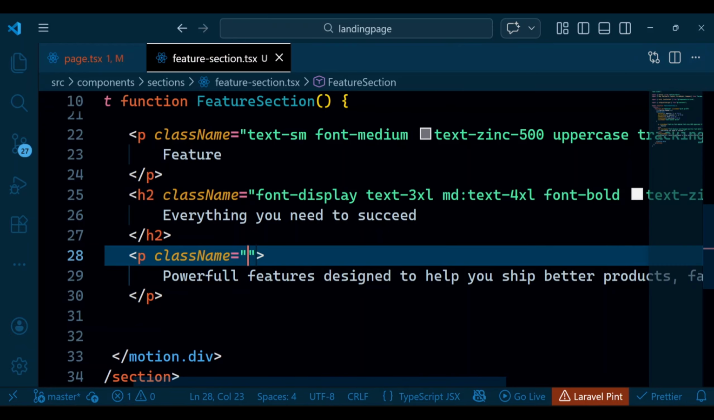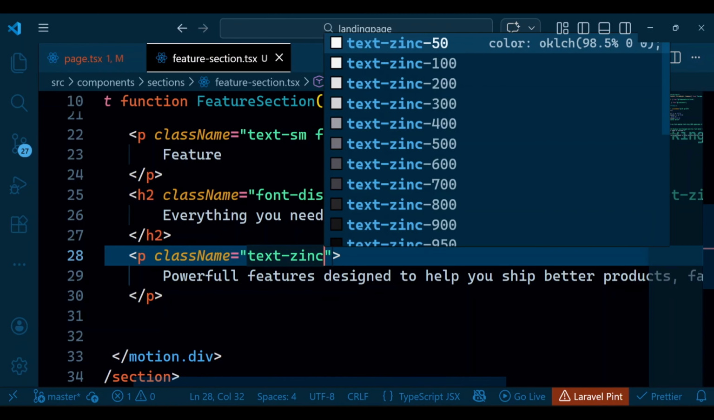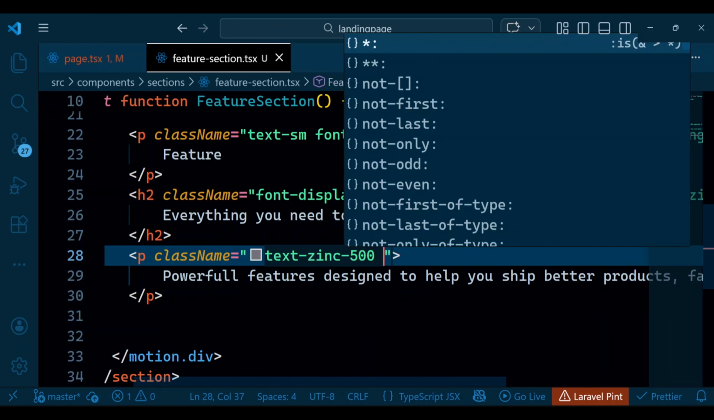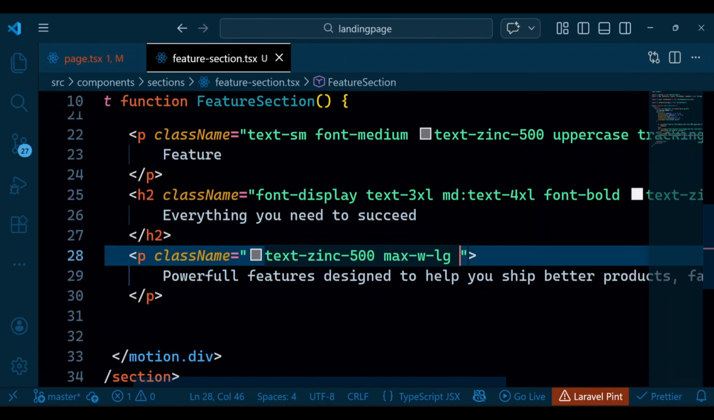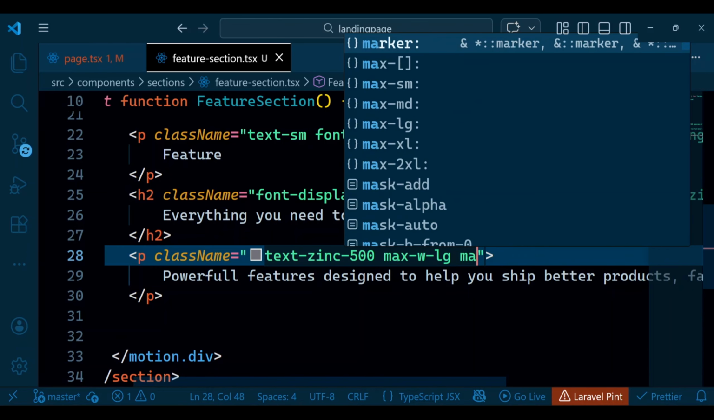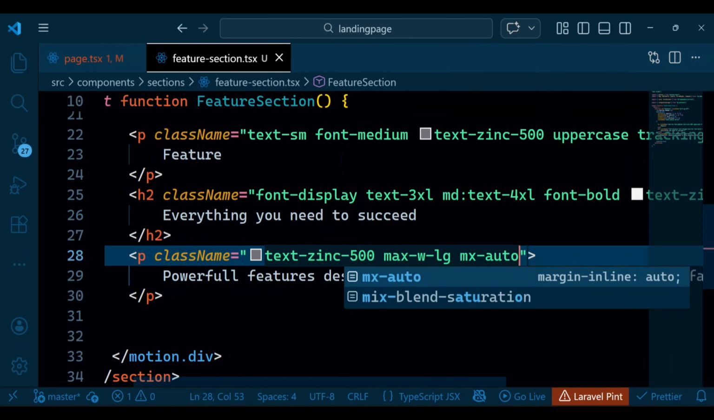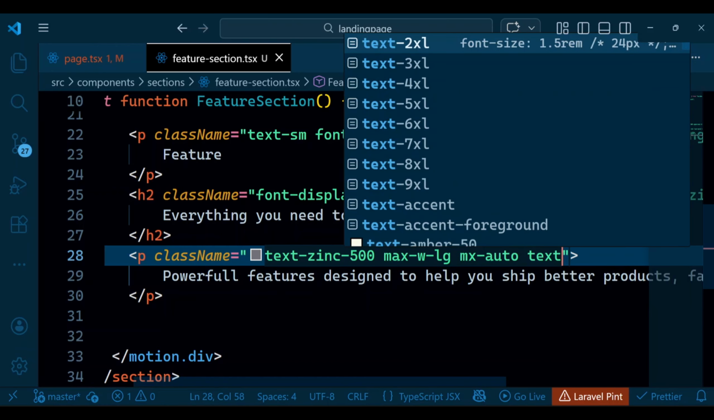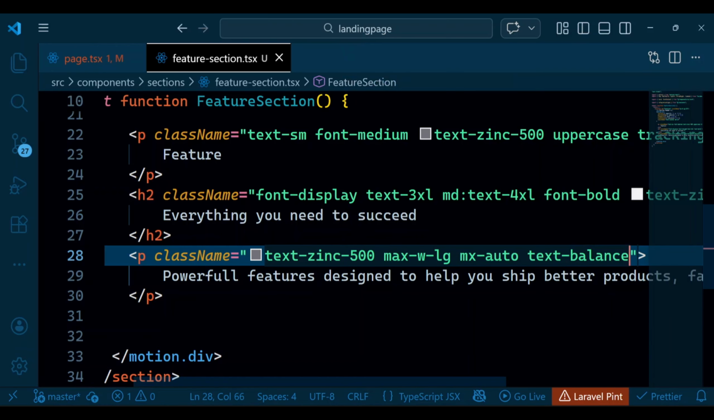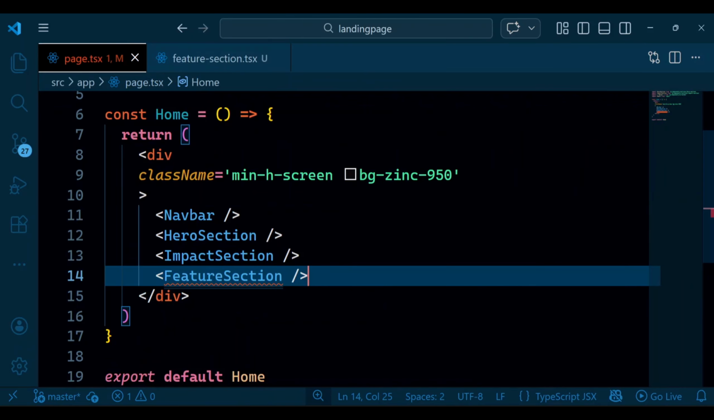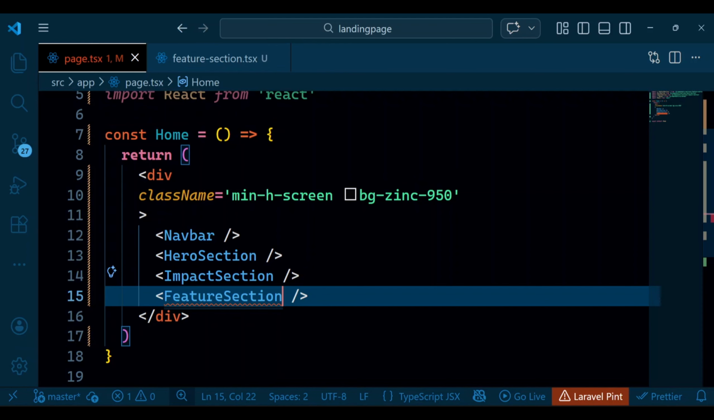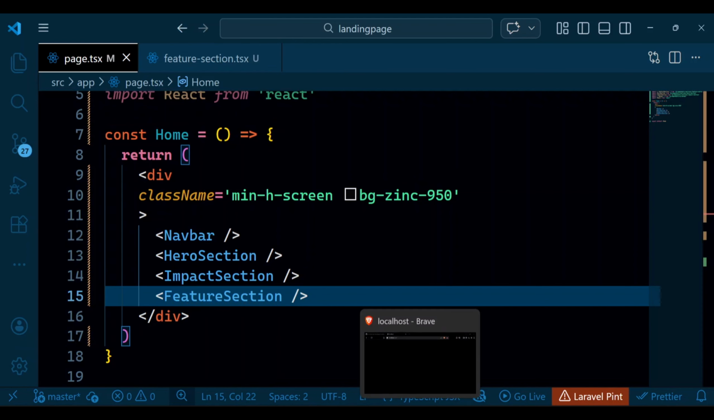Text zinc 500, max width LG, and then mx-auto, and text balance. That's it. Now let's import the things in page.tsx. If you want to verify, you can do that. Let's open up the